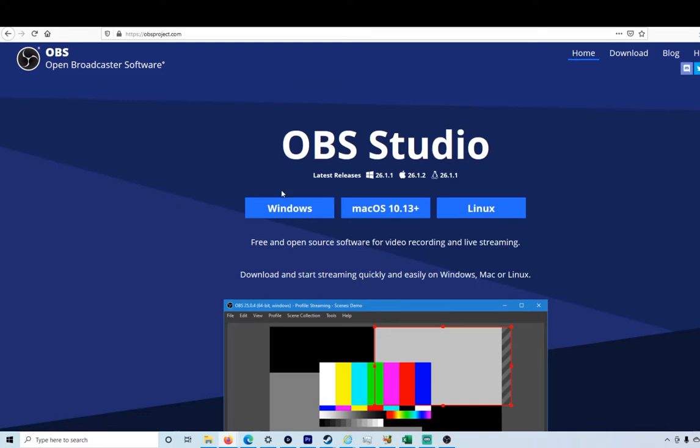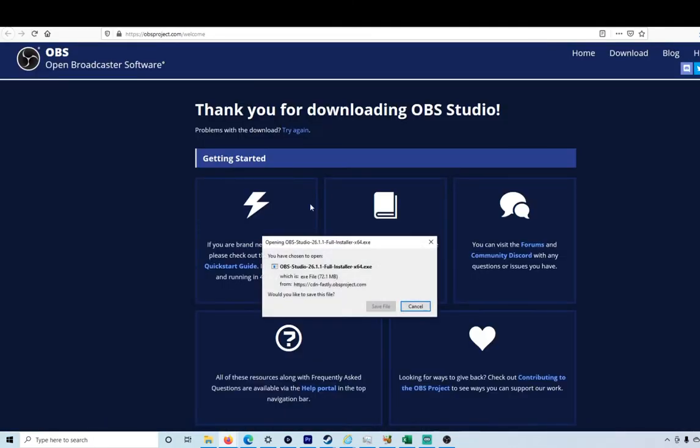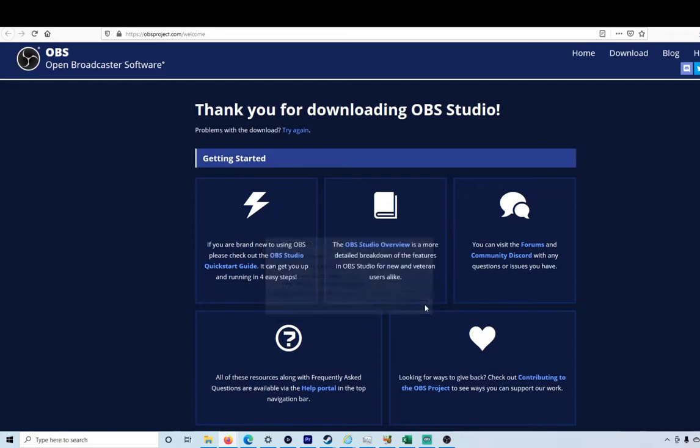It'll give you a choice. Do you want the Windows version, the Mac version, or the Linux version? Well, that varies depending on what you have, but in my case I want the Windows version, and then the installer is going to take you through all the steps. I'm going to say cancel because I've already got mine set up. But anyhow,